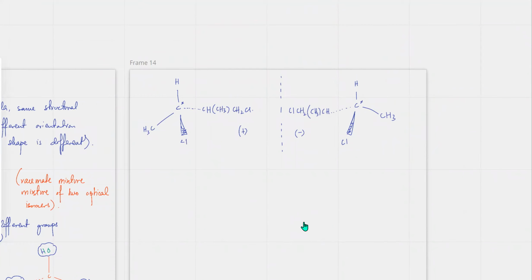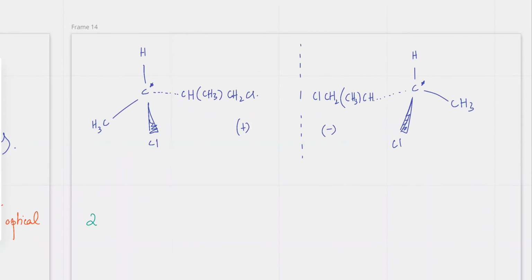Just after this one, after studying the second type of stereoisomers, and that second type is known as geometric isomers. They're referred to as geometric isomers. In geometric isomers, what happens is,